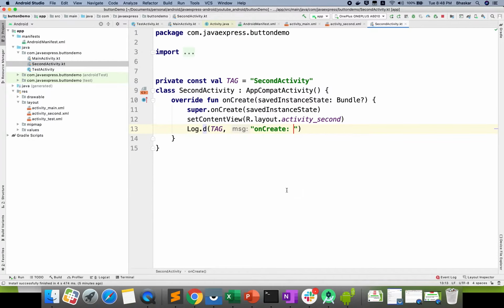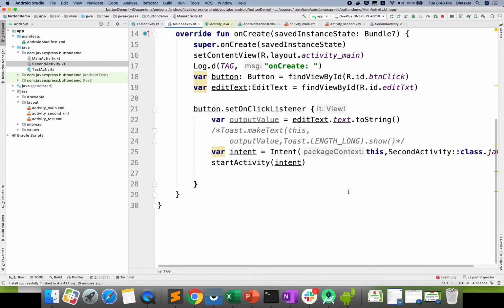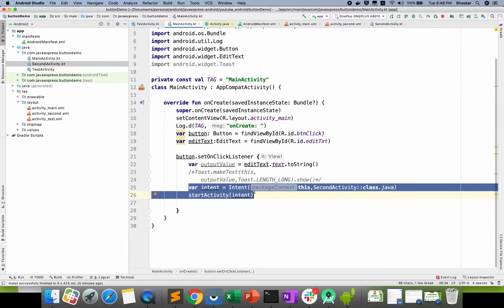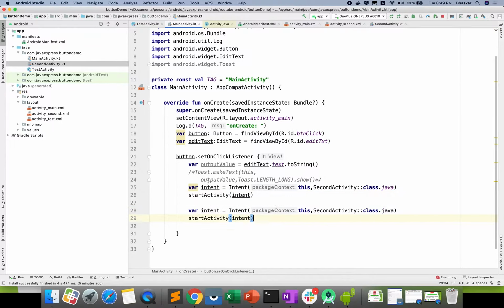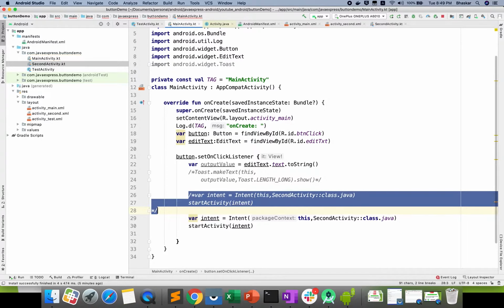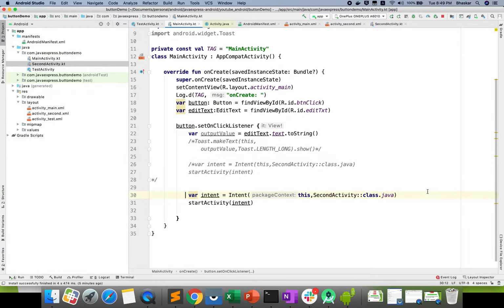Now, where is my main activity? This is my main activity. So what I will do now is copy these lines and comment those lines for your understanding. Select Command and the option question mark. If you do that, it will be commented, if you want to comment anything. Okay, now where is my activity? In the previous section I explained about these things, so I'm directly going and typing, right?